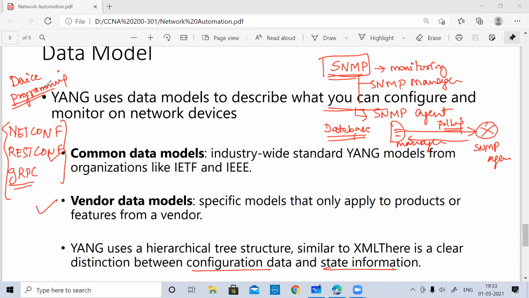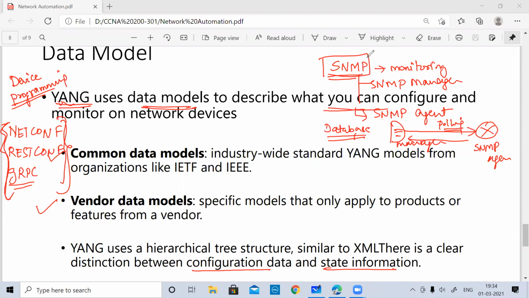For programmability you will need these, and for that you will need the YANG model. This is very much required in order to run or understand all three things: NETCONF, RESTCONF, and Google Remote Procedure Calls. When you want to program, you would need these three tools, and they run with the help of the YANG data model.